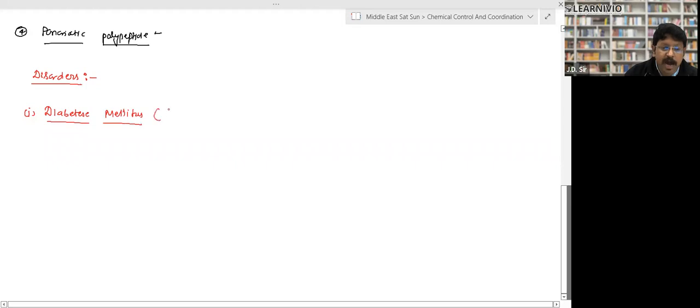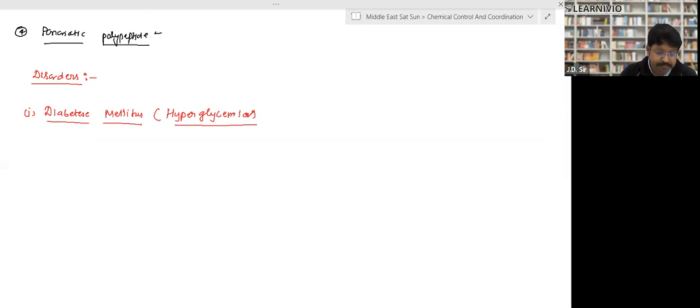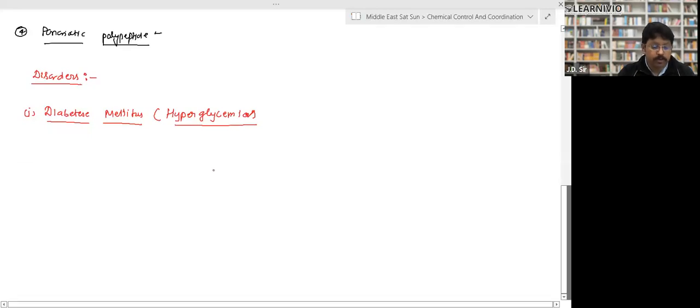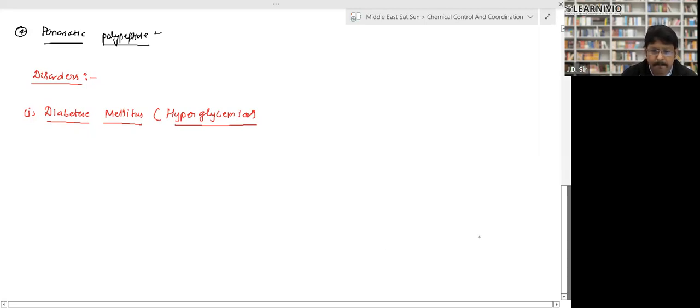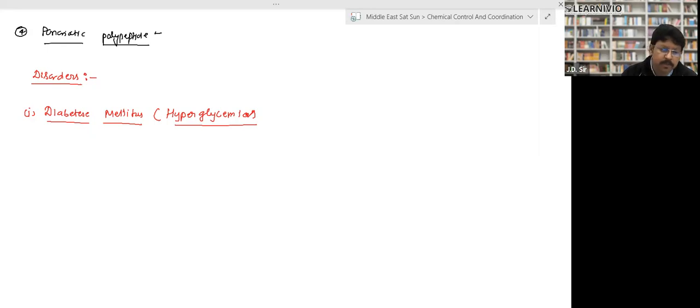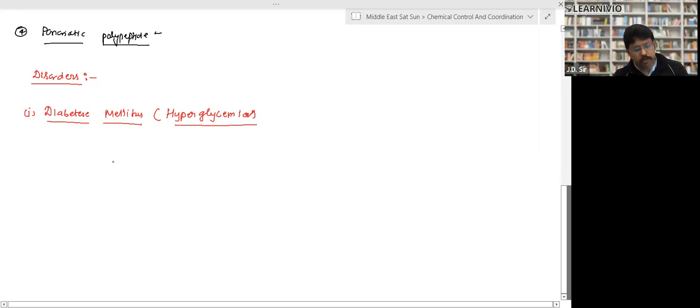It is also known as hyperglycemia. Hyper means increase of sugar in blood. So please start putting this on. This is the most common endocrine disorder where